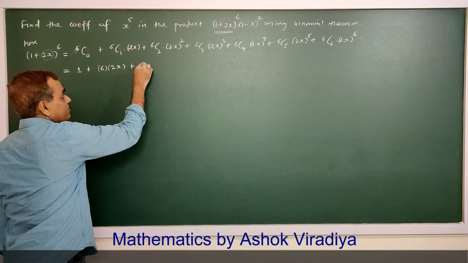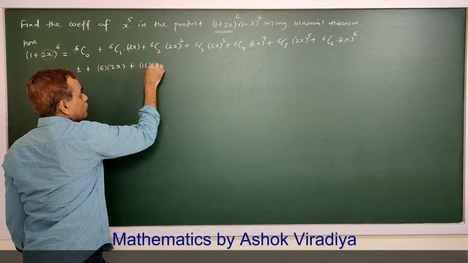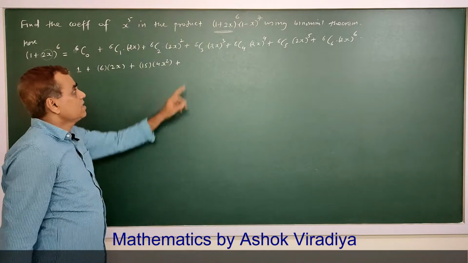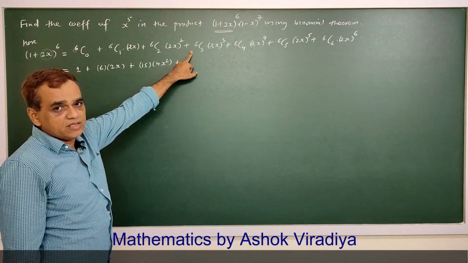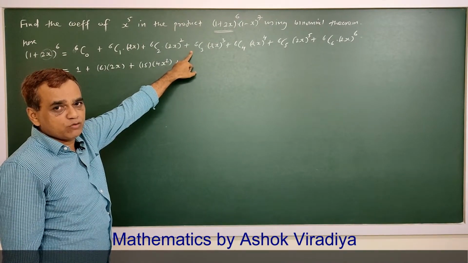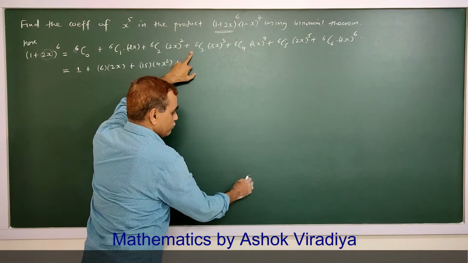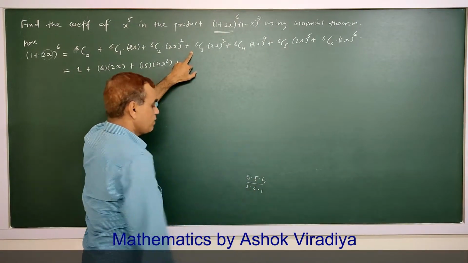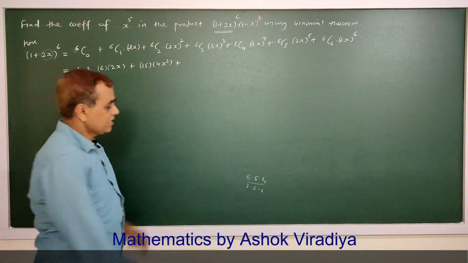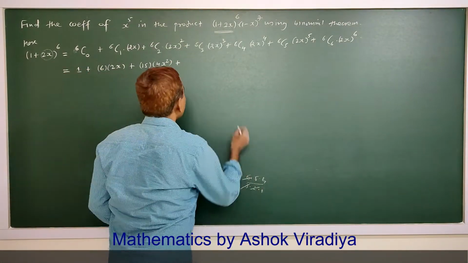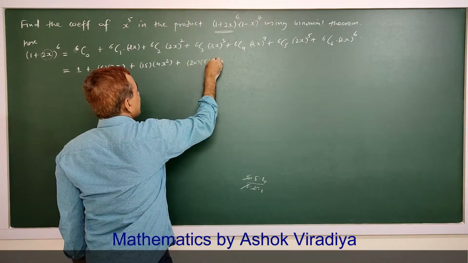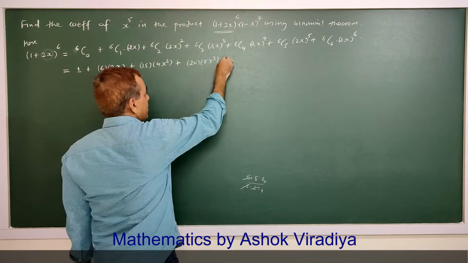So this is 15 into 4x square plus 6C3 is 6 into 5 into 4 upon 3 into 2 into 1. So 6C3 is 20. So this is 20 into 8x cube plus